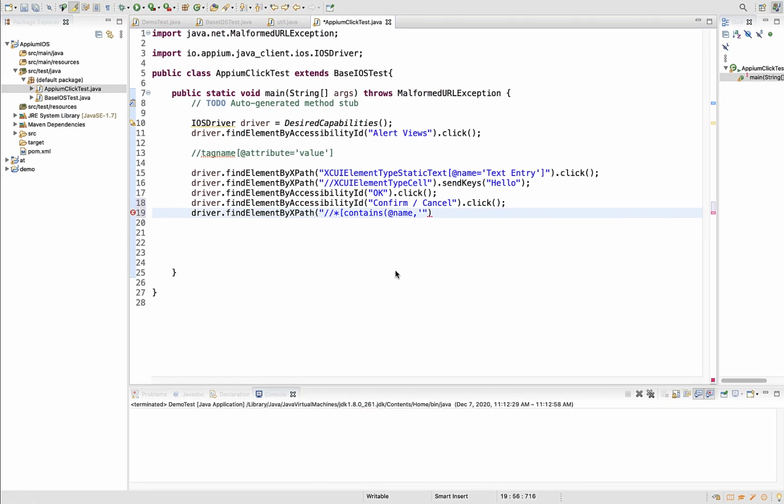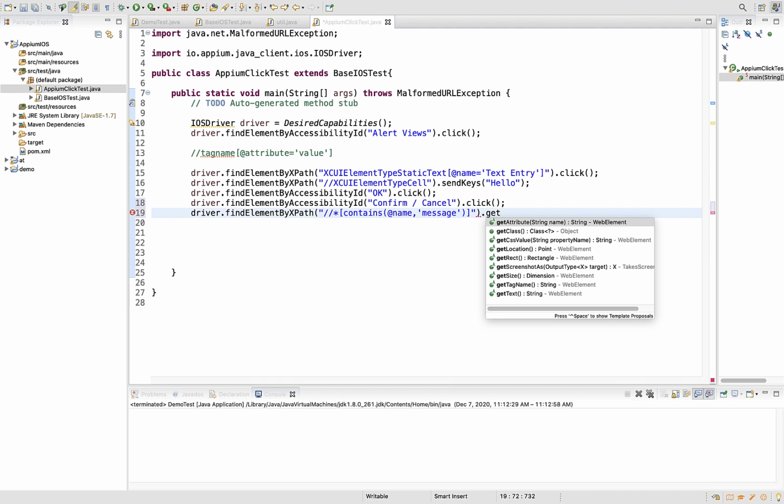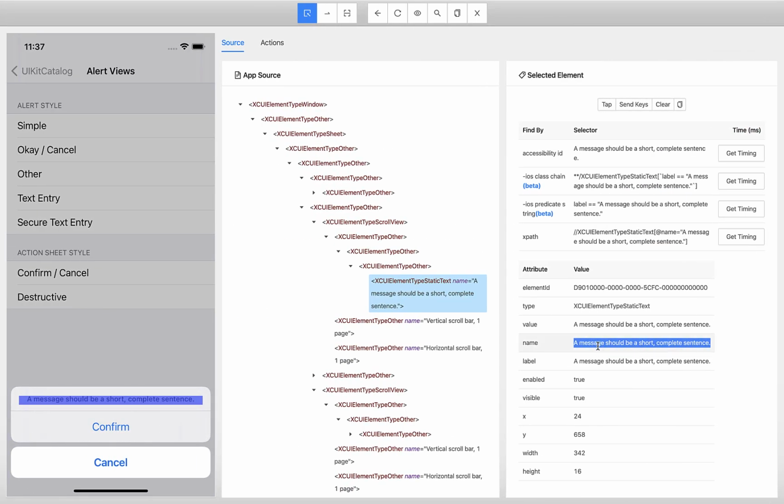A message. Dot getText. Okay. So I am writing an XPath and asking my script to scan that entire page and see if you see any message keyword in the name attribute.